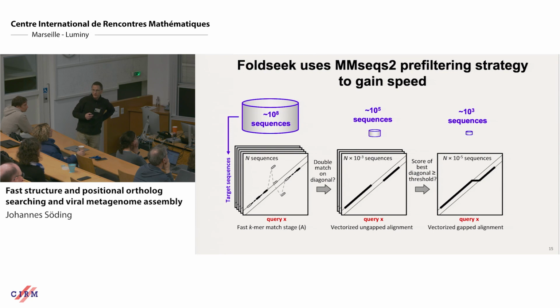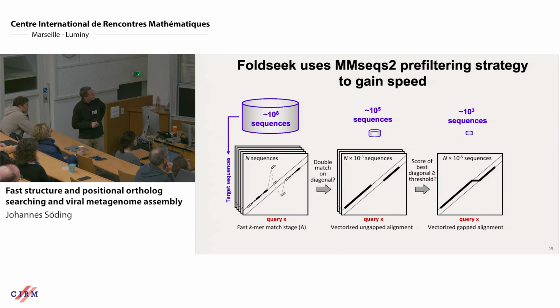So to make this fast, we used MM6, and MM6 you will now run just with these different sequences. It doesn't care what sequences it is. You give it the substitution matrix, and we had to tweak a few things. But most importantly, MM6 is a very fast algorithm because it has a very fast and very sensitive prefilter. So this part here is actually the main part, and it basically reduces the sequence space by at least a factor 1,000, and then it has a slower